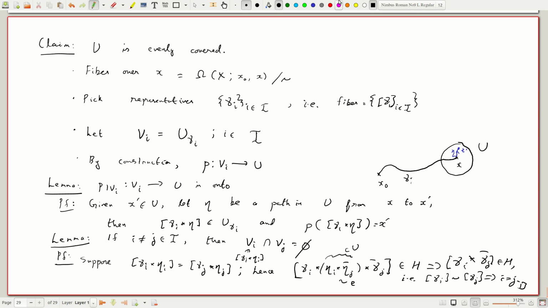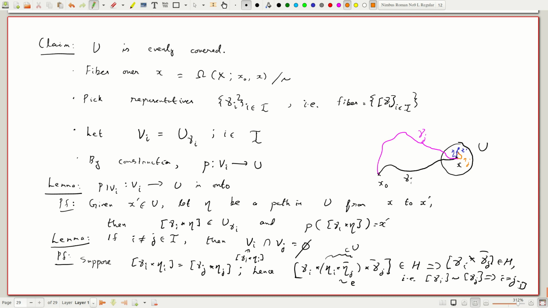I had gamma i and I have another curve gamma j, which is something different. It represents a different coset. Okay, and then I had an eta i and then a little orange curve which was eta j, let's say. And what I know is that they have to end at the same point if they're in the intersection. But what I know is that if I make a loop, which is one of these followed by the little one and a little one, and then back again, what I end up with is an element in